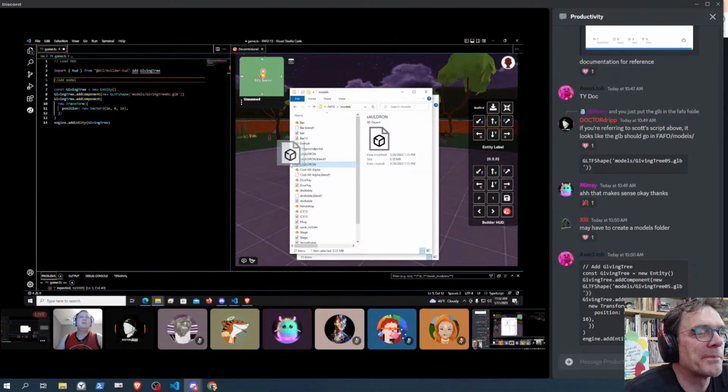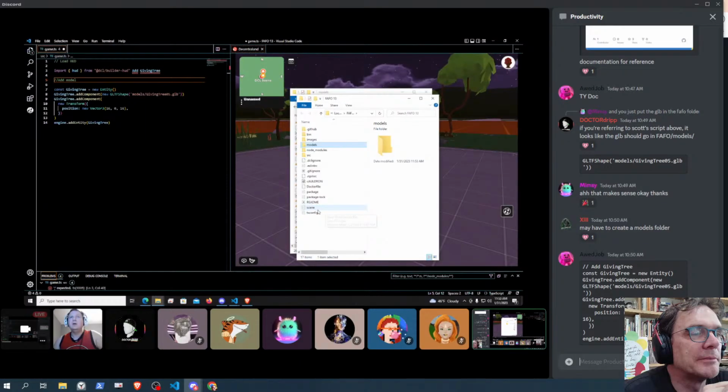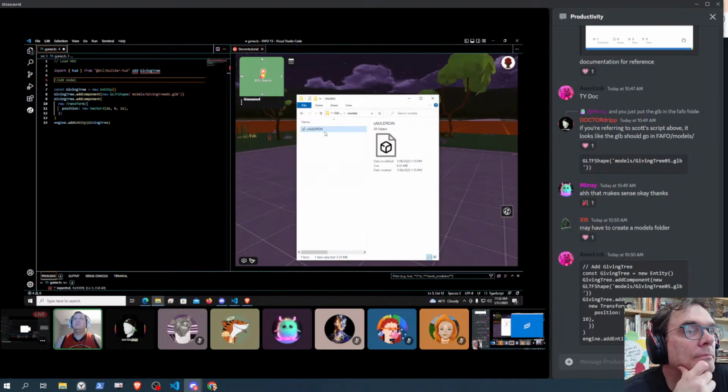So I've got to create a models folder real quick. And then you take that file and you put that in the models folder. And then make sure that you have, oops, wrong button. That's okay, you could still look at it. So all he did was he selected it to rename it, that way he could just copy the file name.